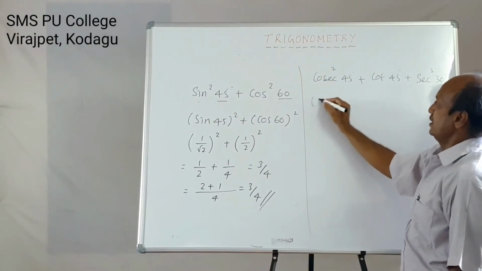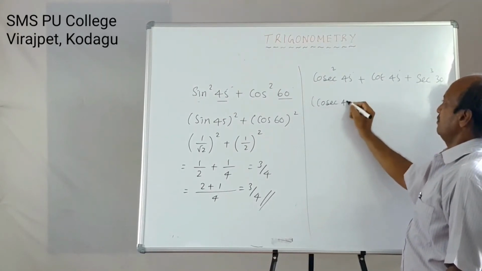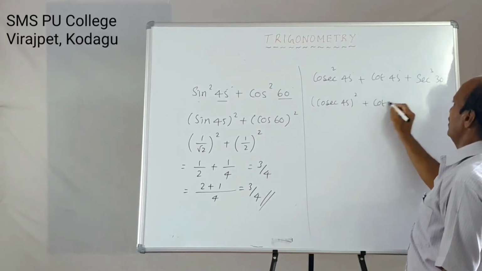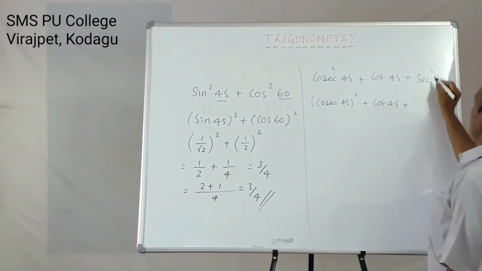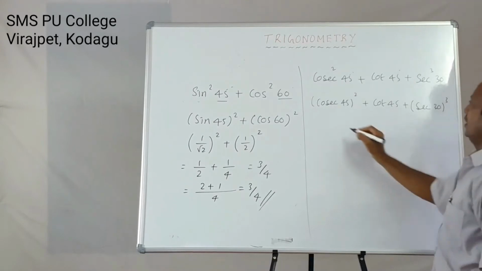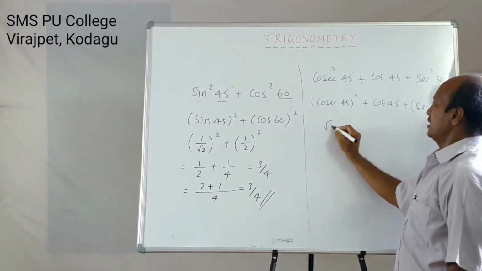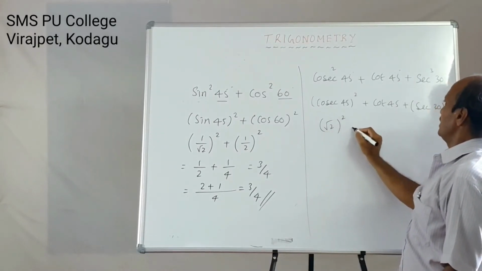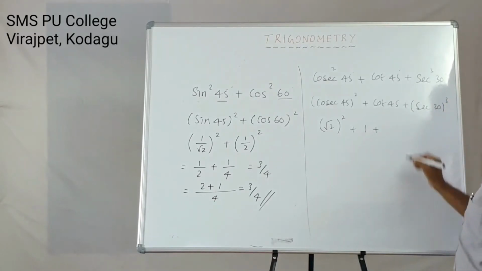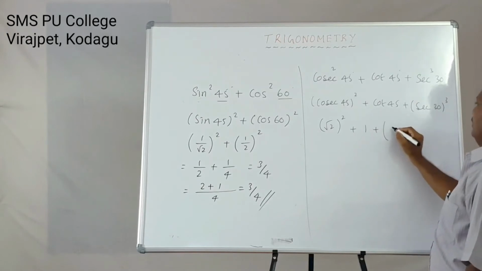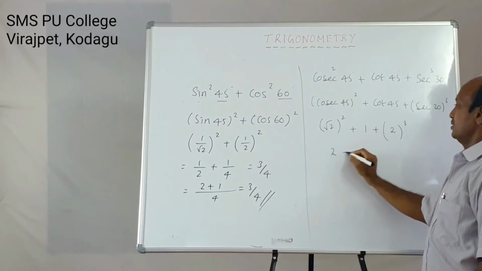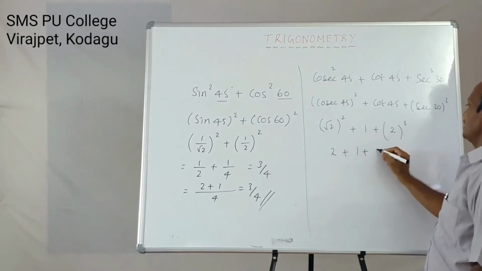First, let us write, this is nothing but (cosecant 45) whole square. Here there is no power, therefore just write cot 45 as it is. Here power is 3, therefore (secant 30) whole cube. What about the cosecant 45 value? It is nothing but root 2. Root 2 square. Here cot 45 value is nothing but 1. What is secant 30? Secant 30 is nothing but 2 by root 3, whole cube. What about root 2 square? Is 2 plus 1. 2 cube is 8.